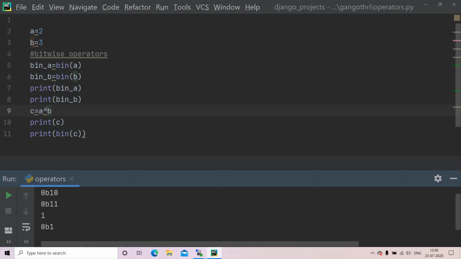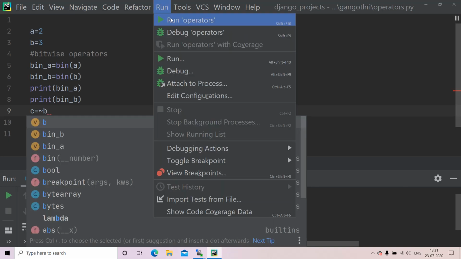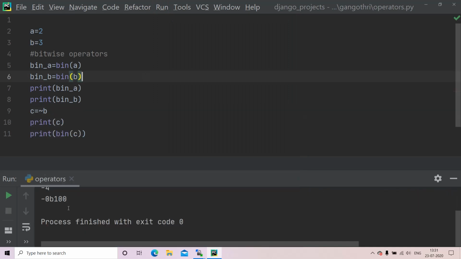Now let us check binary NOT. Binary NOT takes only a single operand, not B. Okay, I'll run my program now, run operators.